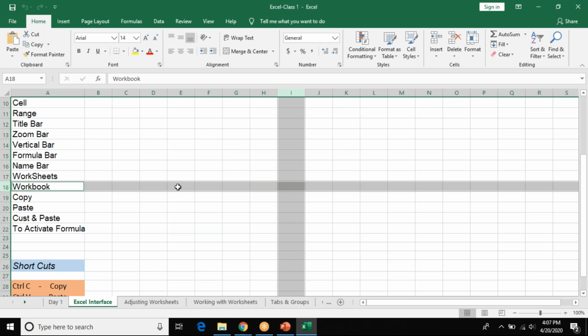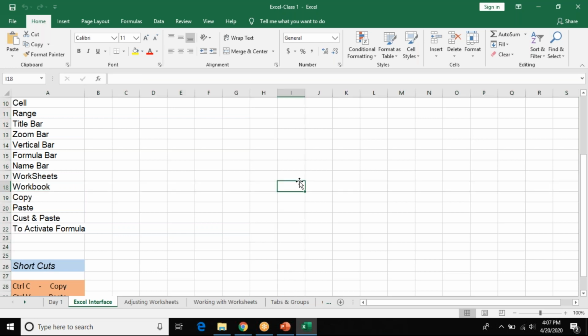What do you mean by address? Now if I put my mouse cursor over here, this is activated and it is called the active cell. As for the address, if I go to G, where do I get the address of the cell? On your name box you have something called G14. This is your address.